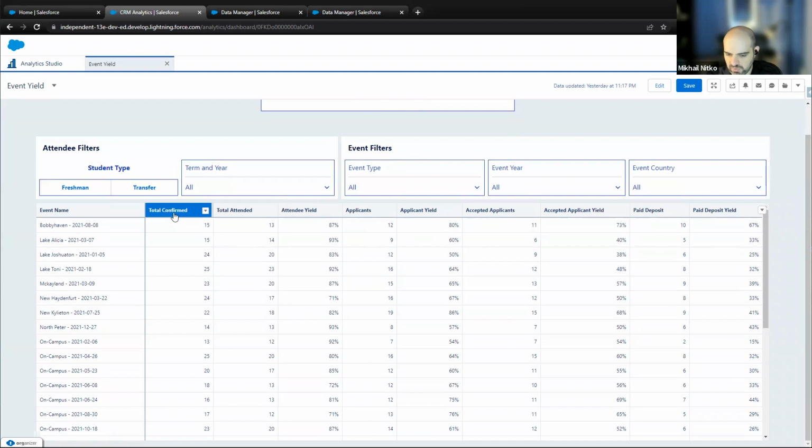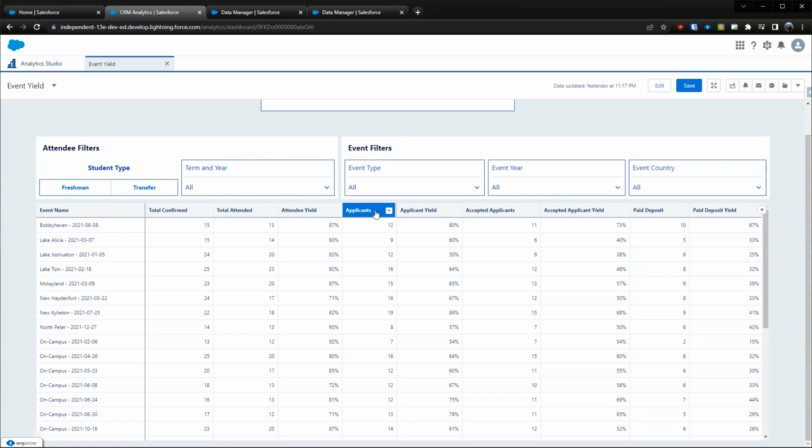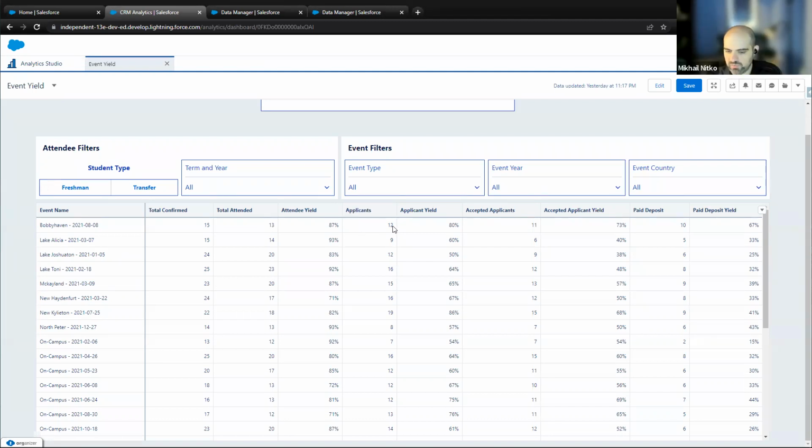does not just list the numbers of total confirmed attendees and total attended, but it also provides something called yield fields, like percentage fields. So I'm taking percentages of these different columns. Out of the total people who confirmed they were coming, how many actually attended, and what percentage actually attended, that is what gives you the attended yield. And out of all those who were confirmed, how many applicants did we create? So 12 people applied out of the 15 who were confirmed. This is your applicant yield.